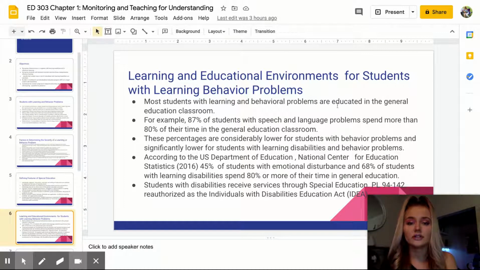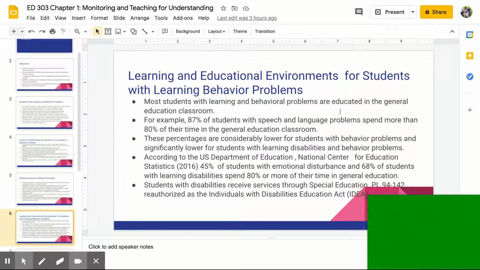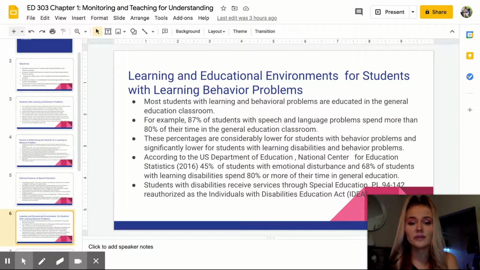Learning and educational environments for students with learning behavior problems. So most students with learning behavior problems are educated in the general education program. For example, 87% of students with speech and language problems spend more than 80% of their time in general education classrooms. These percentages are considerably lower for students with behavior problems and significantly lower for students with learning disabilities and